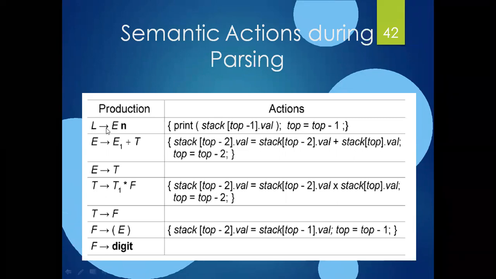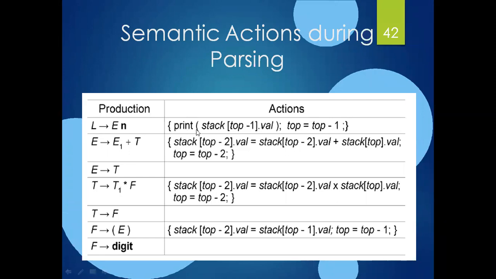What does it mean? L is equal to E or E is equal to L, right? When I am pushing this non-terminal E onto the stack, then it is the starting symbol, that is, it is on top of the stack, and I want a value for the L. Again I am pushing this non-terminal onto the stack, then my top of the stack becomes an L and top minus 1 becomes an E, isn't it? What it means is top is equal to top minus 1.